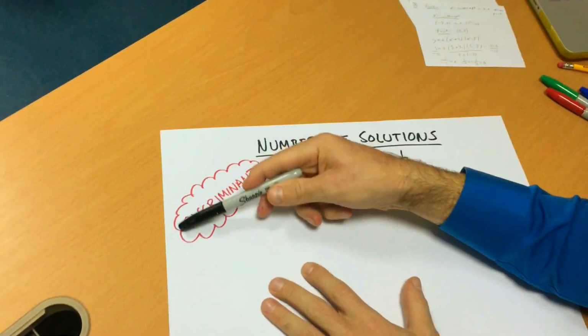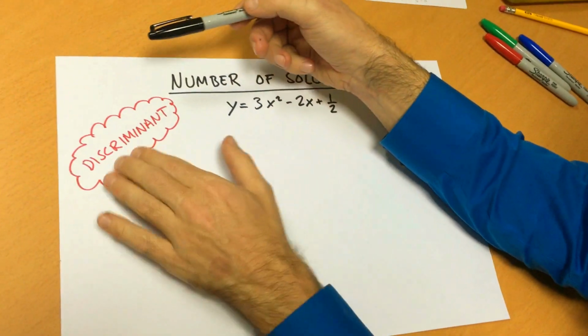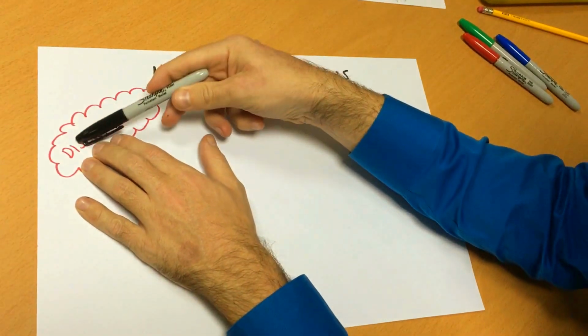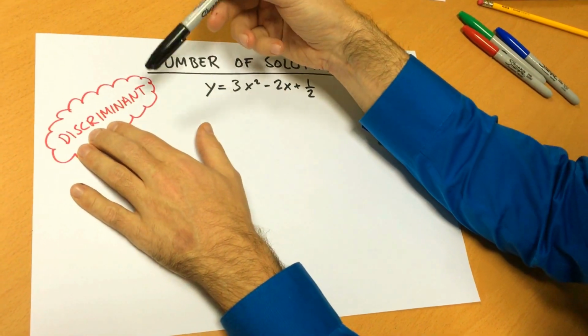The discriminant is something that we have talked about in class. What are we discriminating here? Well, discriminant, this word is used for discriminating between the number of solutions that we get when we put our quadratic equation equal to 0. So if we get 2 solutions or 1 solution or no solutions,